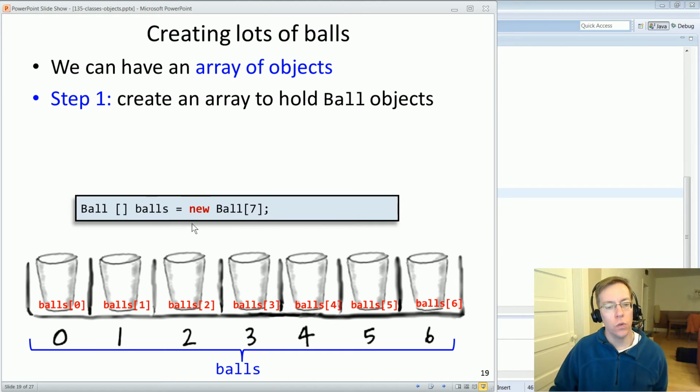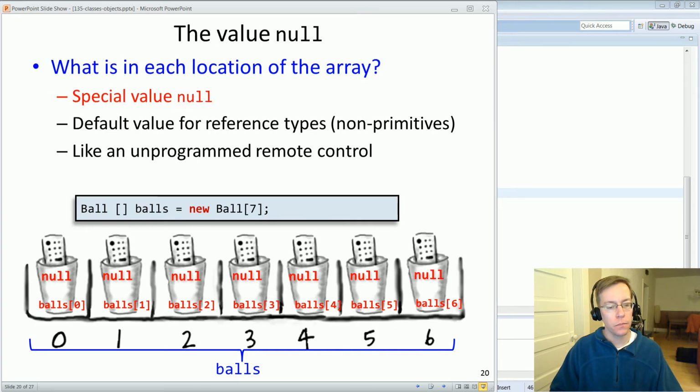And I have to use new. So remember, whenever you create an array, you must have new and then the data type and then square brackets and the number of things. This creates 7 cups, each that can contain a ball object. That's the first step of creating an array of ball objects. But what is in the location of each of those 7 cups? When you first do the new ball bracket 7, what you end up getting is an array that contains 7